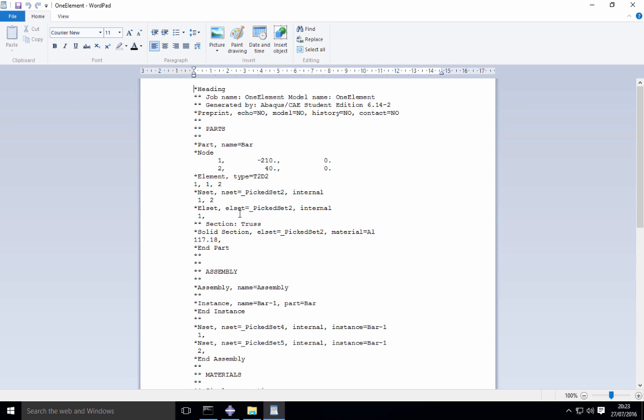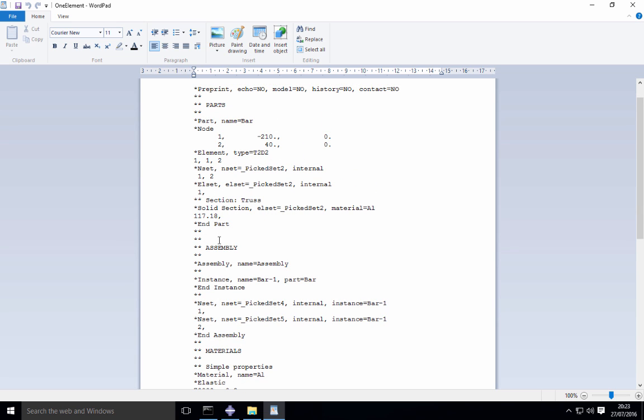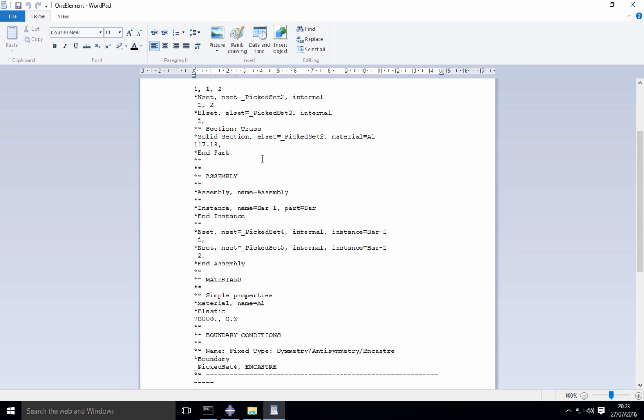Then it started creating some internal sets because it wants to also set up how the results are going to be shown. But we don't have to worry about that. Then we set up the section, and we created a solid section. We picked a certain set over there, so we just clicked on that or the bar, if you remember, and we put in a certain material and we put in a certain area. And if we go further, then it went into the assembly, it created an instance,